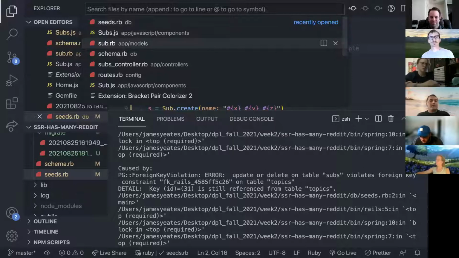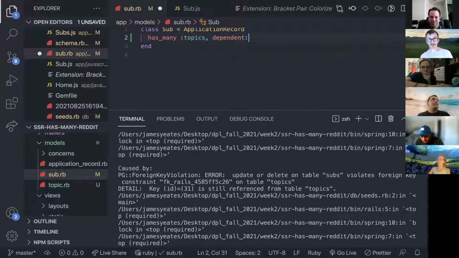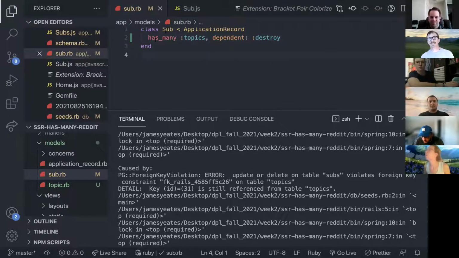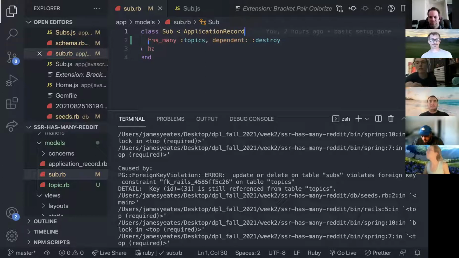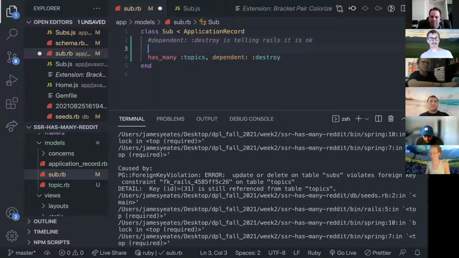So what I can do is go to my subs model, and I'm going to throw this in here, dependent: :destroy. And what this says is, now I'm telling Rails, if I delete a sub and it has topics associated with it, go ahead and delete those topics from the database. So that's me giving permission to Rails. Let's leave a comment here. It's telling Rails it is okay to delete all topics associated